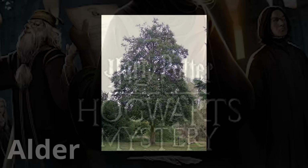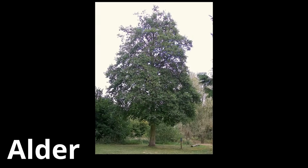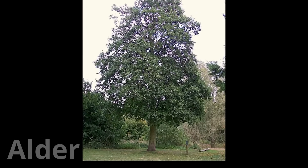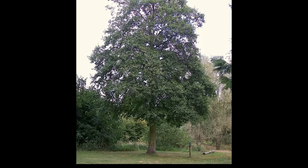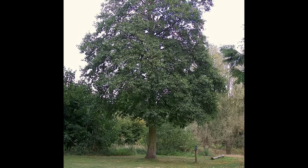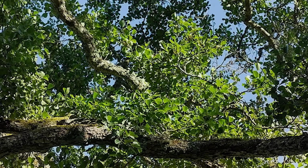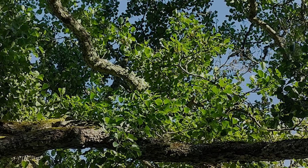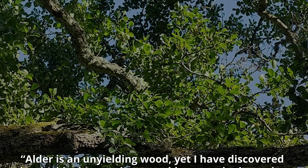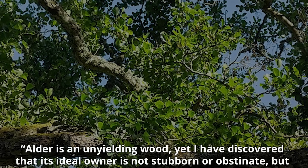game. Alder. Alder is the common name of a genus of flowering plants, belonging to the birch family Betulaceae. The genus comprises about 30 species of different trees and shrubs that are commonly found near streams, rivers, and wetlands. Ollivander had this to say: "Alder is an unyielding wood, yet I have discovered that its ideal owner is